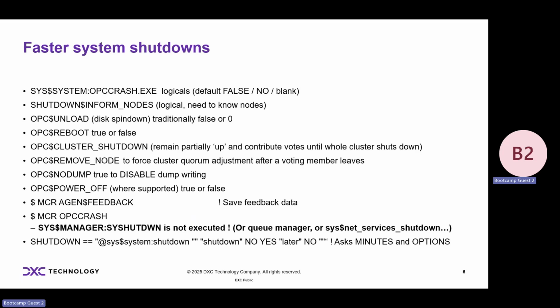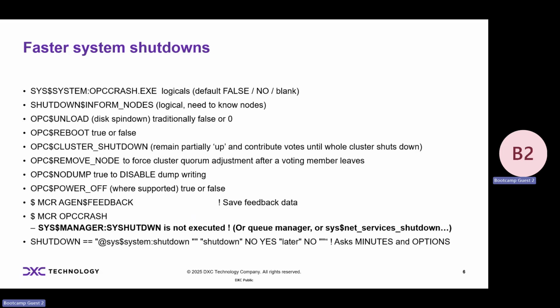Also, dump files as well. So if you don't need a dump file, set no dump. That will stop your rows, because that can take a little while. And power off as well. So some of our architectures later on support that. That's again logical. And if you do want feedback data, because that's one of the things that shutdown will ask you for, simply run that program, MCR